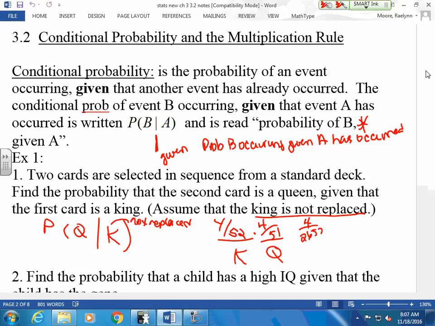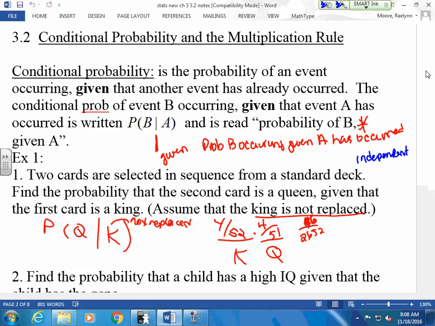I think this is 2,652. I did it in my head. Wow. No, I didn't do it in my head. I haven't done this since last year, so let me just check that in the book. It reduces down. It would be 16 on top. Look at that. I forgot to multiply the top ones. I multiplied the bottom ones and didn't multiply the top ones. And so now, this is conditional. If this was not conditional, how could I change this? How could I change this to be independent?